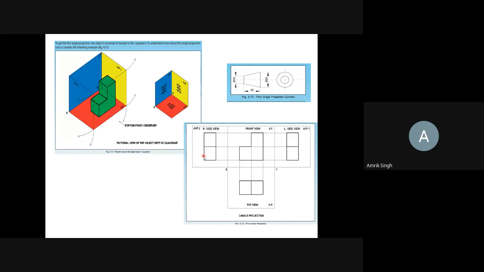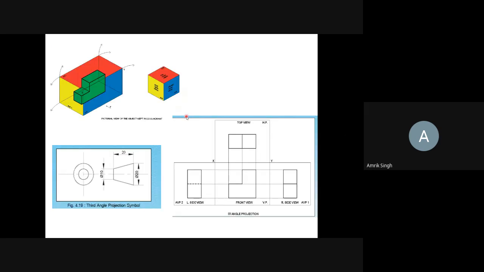You see this line is dotted. Why is it dotted? Because you are looking from this side, and this edge is not visible, so that's why it is dotted. Okay. And if you see from the right hand side, it is drawn on the right hand side, so it is visible. So you see the difference between the left hand view and the right hand view.